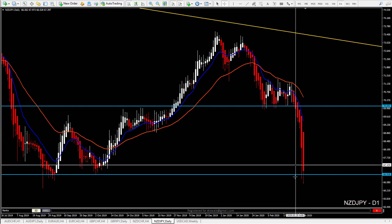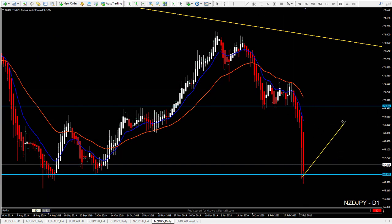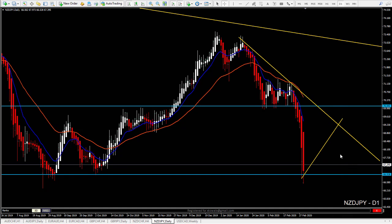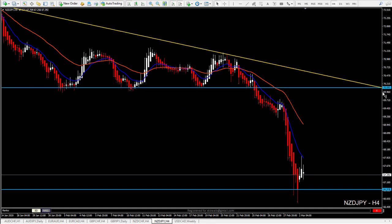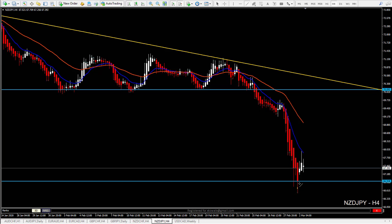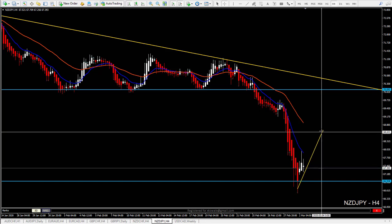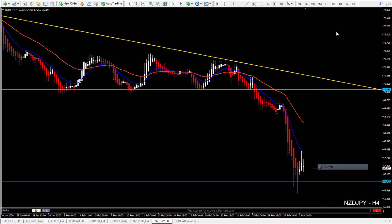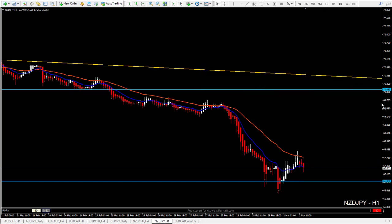Strong move again. So what we can do, like on other pairs, is a retracement back to the 36, back to this trend line, and then 4-hour chart entries, targeting this support area. Lower time frames, exactly the same. Retracement back to the 36. Target this trend line definitely, or we go to the 1-hour time frame, and what we will see,